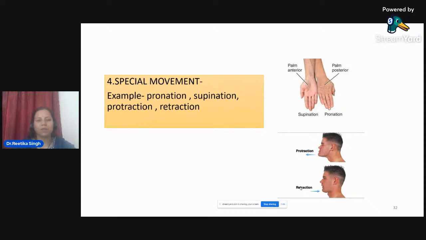Then there are some special movements which are known as pronation, supination, protraction, retraction. Pronation, supination of the forearm, when your palm is facing towards the sky, then it is known as supination. And when your palm is facing downward, it is known as pronation. Then protraction and retraction,